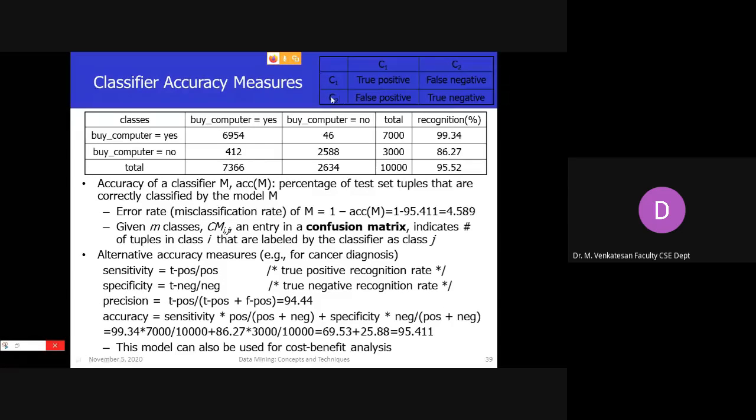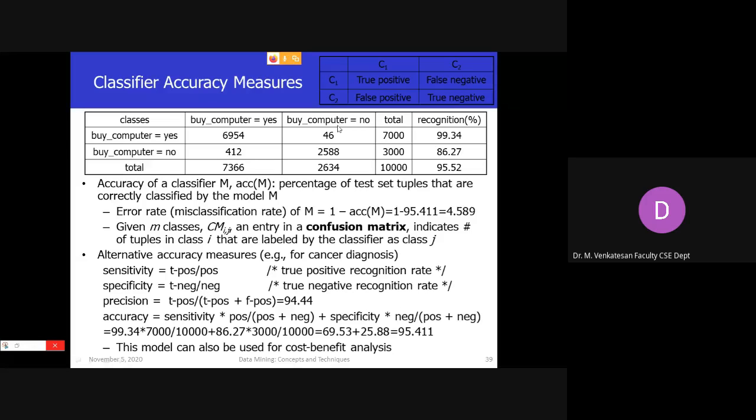Actually the tuple belongs to the no class, and your model also predicted the no class, that's a true negative. Positive means yes, negative means no class. You keep in mind like that. So true positive, false negative, false positive, and true negative.